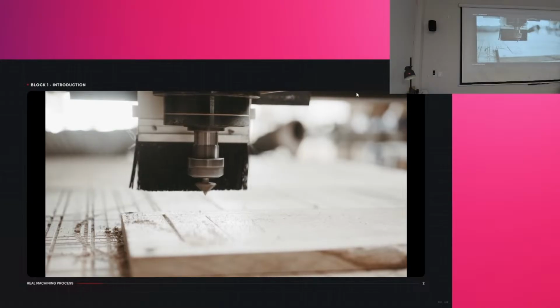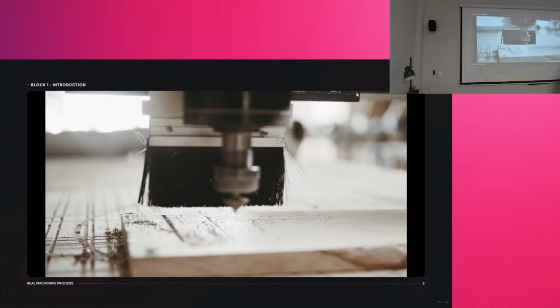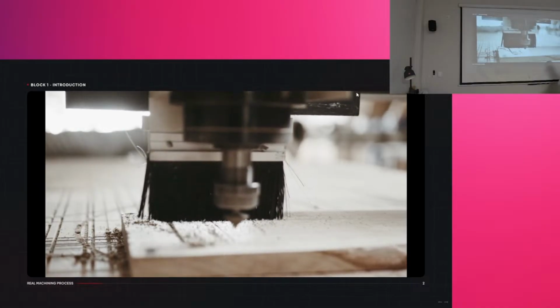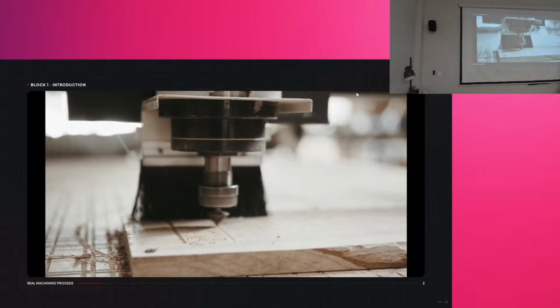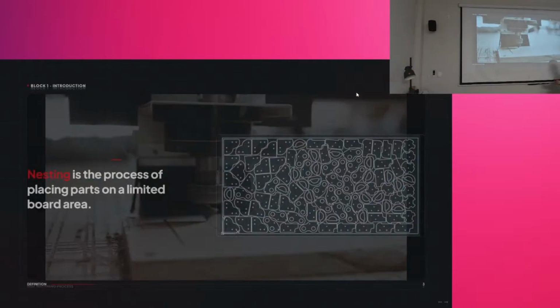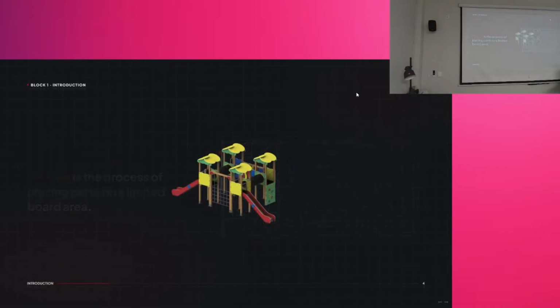However, before the machine starts cutting, there is a planning stage that strongly affects the final result. This is where nesting appears. In this project, nesting is the process of placing parts on a limited board area. This is an example of what a nesting view is. Nesting happens before